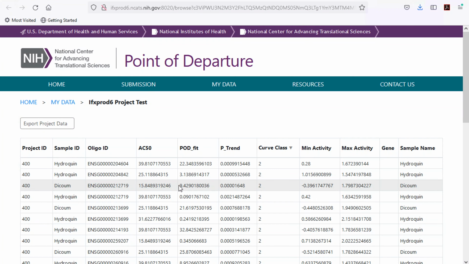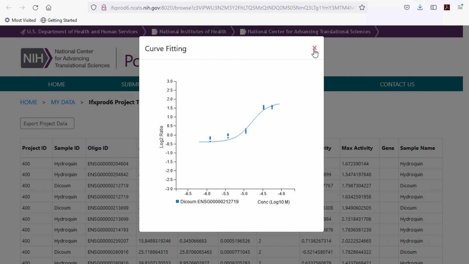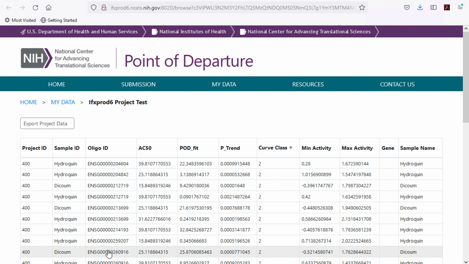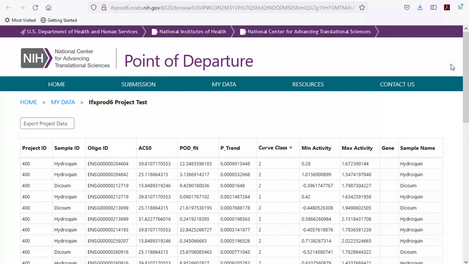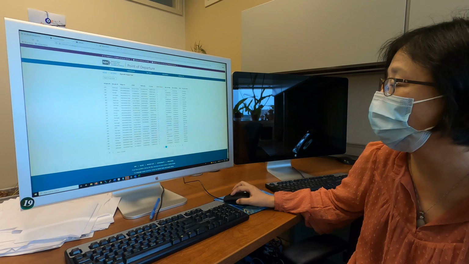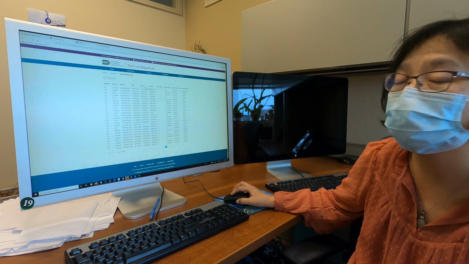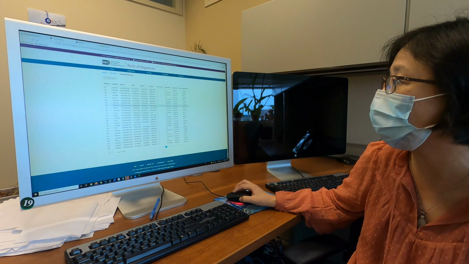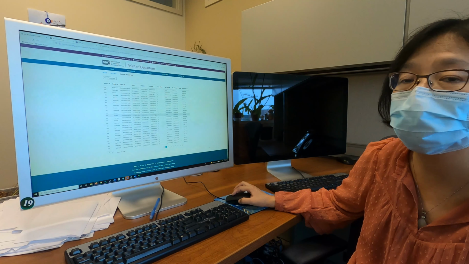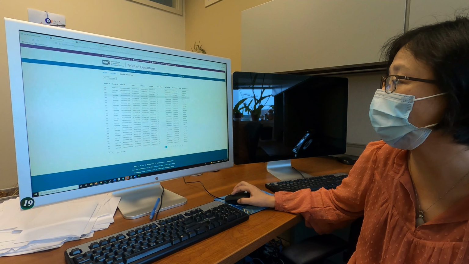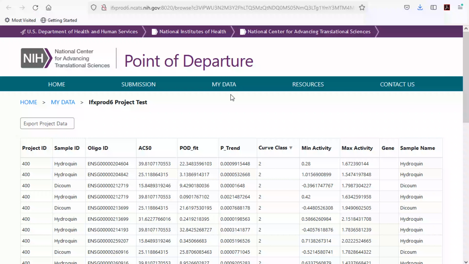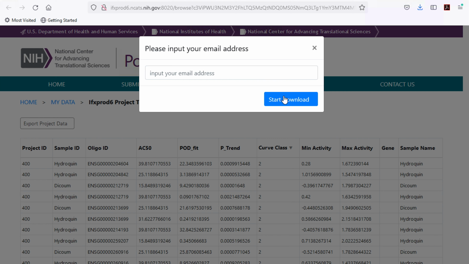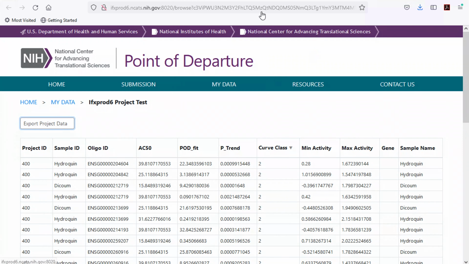If you click on each row, you can see the gene expression concentration response curve of the compound. Here, the POD fit column is the point of departure for that chemical. We also assign curve classes to the concentration response curves. This page also provides download, so you can export the data. Just enter your email address here and then start download.